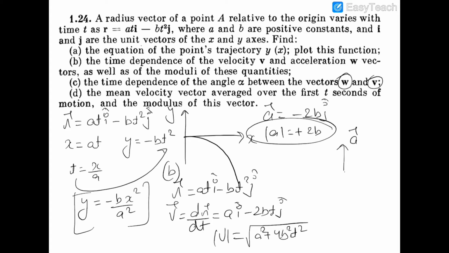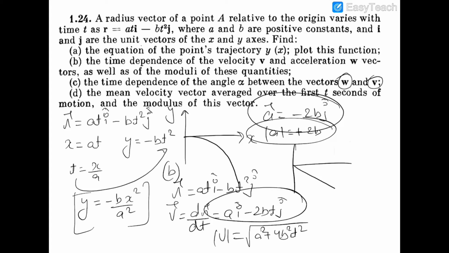Obviously you can see that the a vector is in the minus j cap direction and it is two dimensional. If we draw it, we can see that velocity is in the fourth quadrant and acceleration is in the negative y direction. So this angle theta,